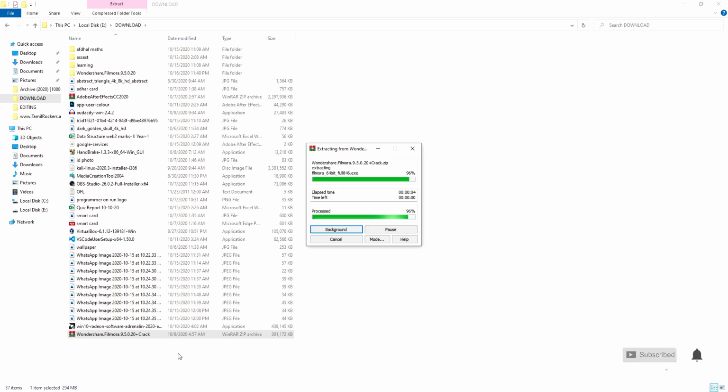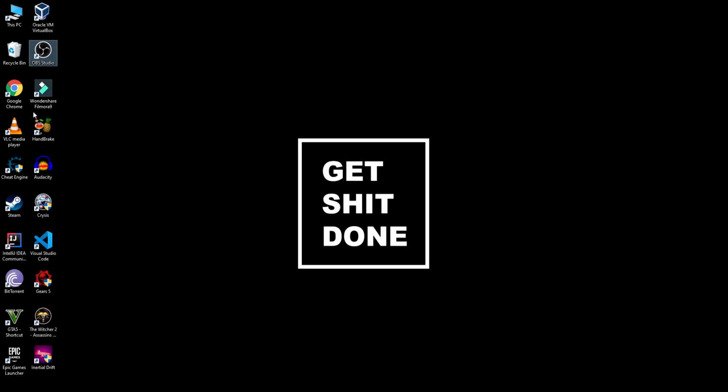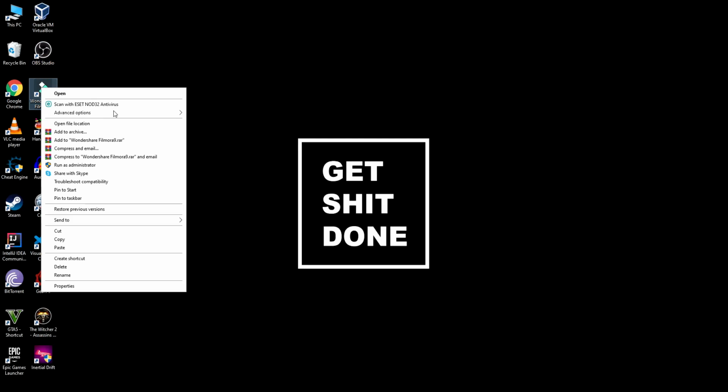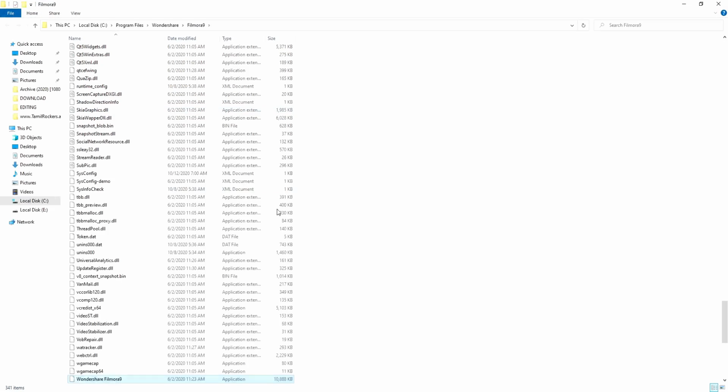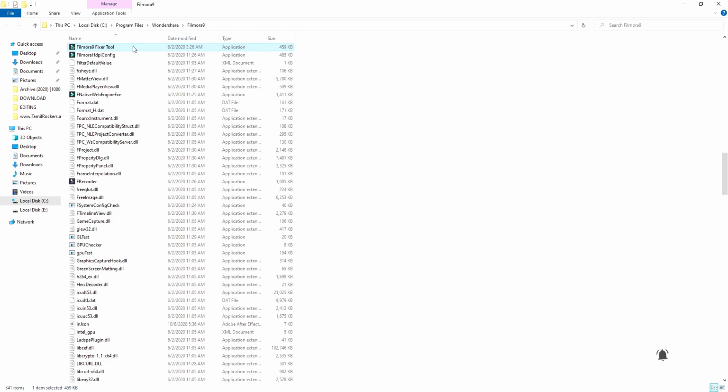So extract it and then get inside it. If you have already installed Filmora and you don't need to install it, just open the crack Filmora 9 tool fixer, cut it and paste it in the file location where you installed Filmora. Yeah, I already did it. So and then open it